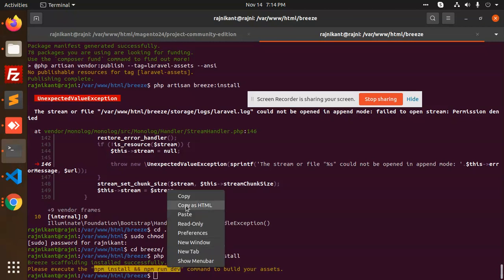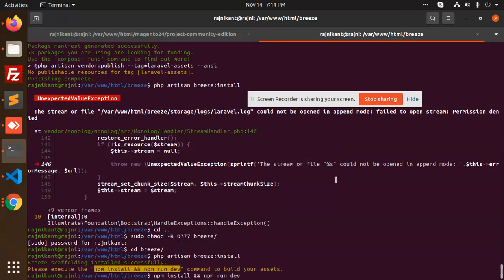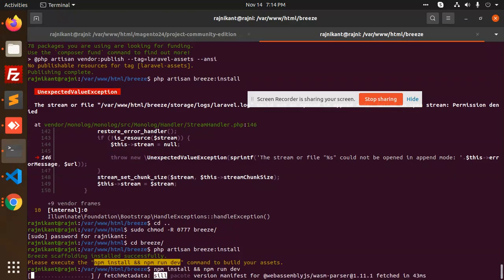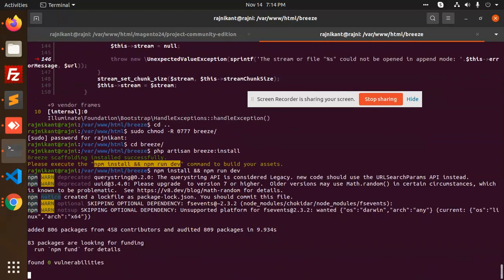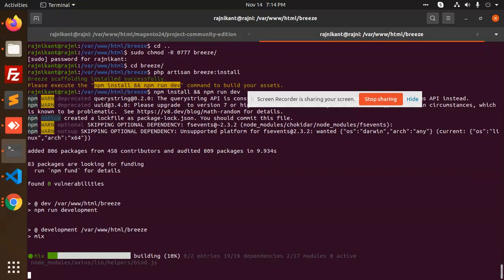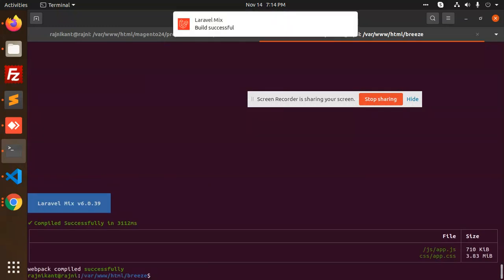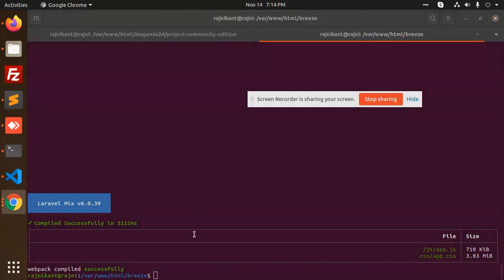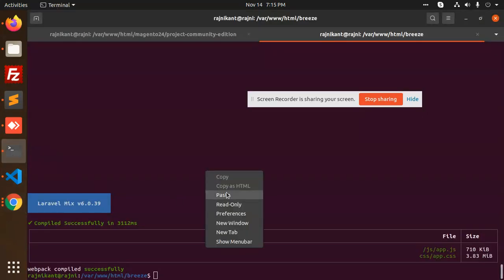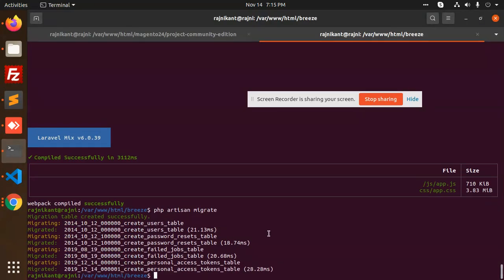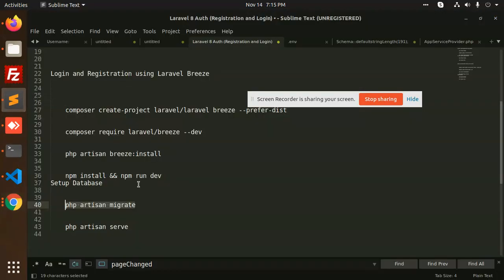Now we are going to run this command. Copy, paste, installation. So this is done. Building your assets and everything. See, Laravel Mix build successful. Let's run PHP artisan migrate. I have already set up the database. Now we are going to run PHP artisan migrate. All tables are run. Now we are going to run PHP artisan serve